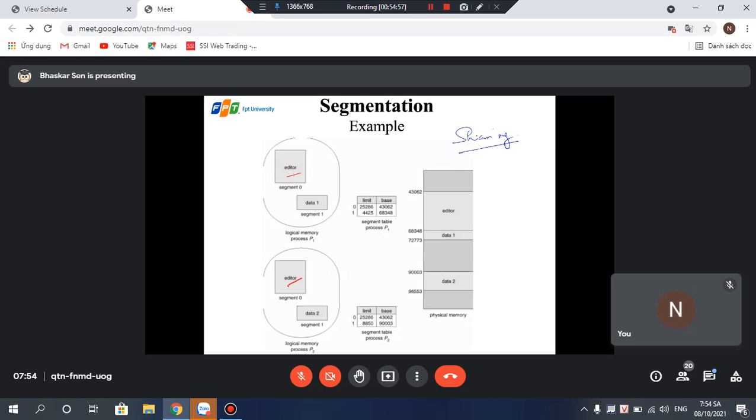So the editor, both of them have the editor part sharing the same I space, and the data space is separate. So the data space must be loaded, but the I space only one time. Okay? And both of them can use the I space from their page here. So that is exactly how they share the data. It wasn't possible when we had paging, but it is possible when we have segmentation.